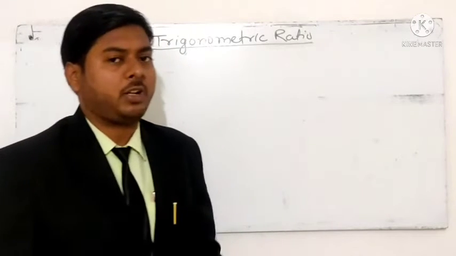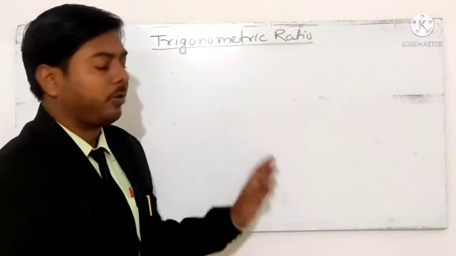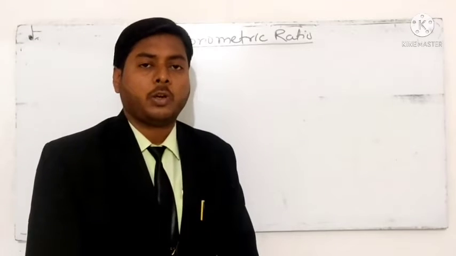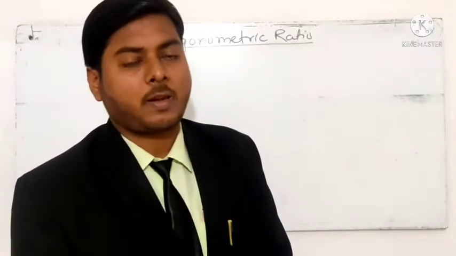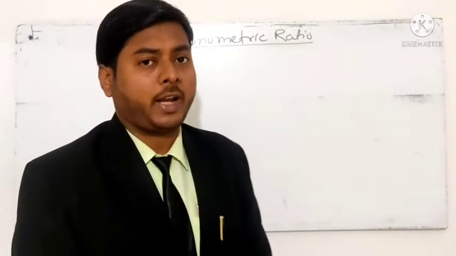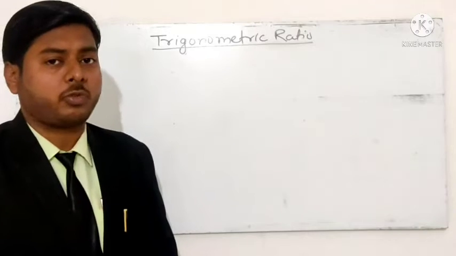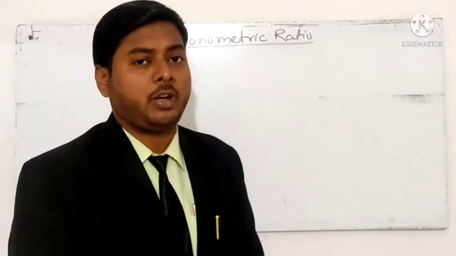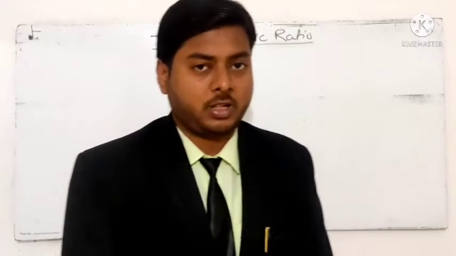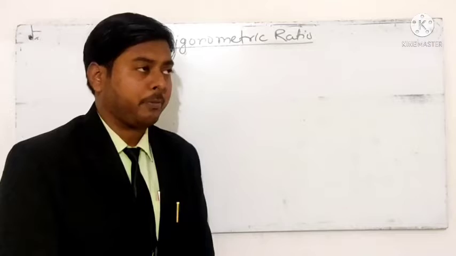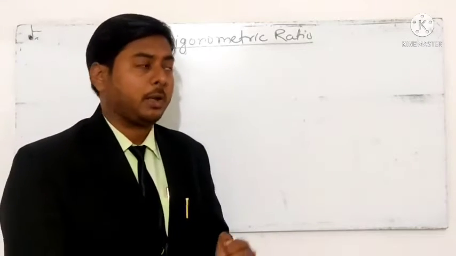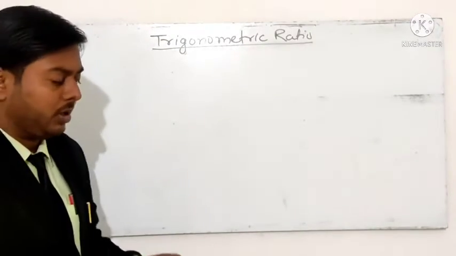Before class 10, you learned about trigonometry. Trigonometry is the branch of mathematics where we deal with angles, that means you find the values for angles, like cos 45 degrees, sin 45 degrees, or what is the value of sin 90 degrees. You know all these things from this chapter. But here I will start the first chapter with the basics, the basic knowledge about trigonometry.